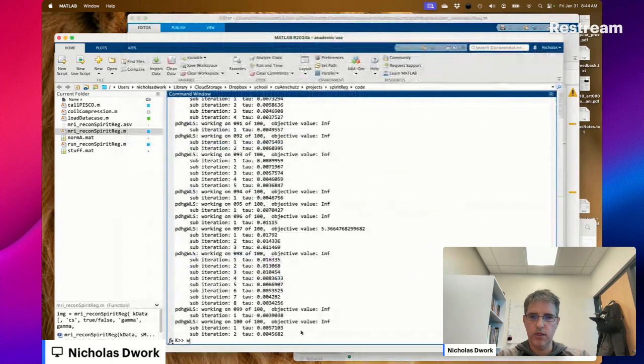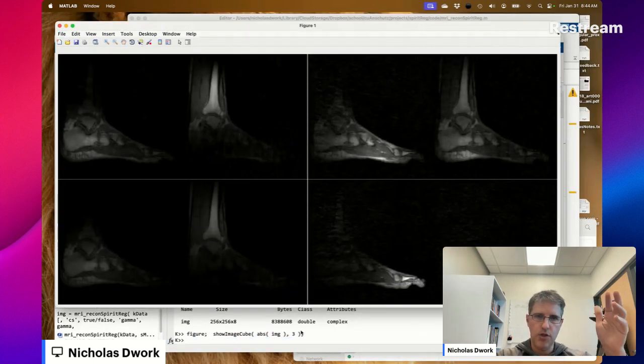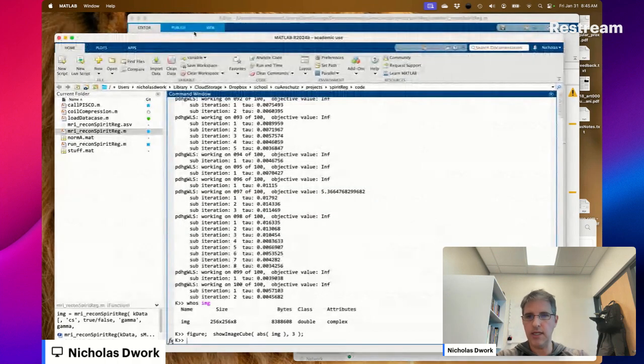Okay. Show image cube, absolute image. This is what the problem is reconstructing. Okay? Now this looks bad, but I don't know. Let's see.